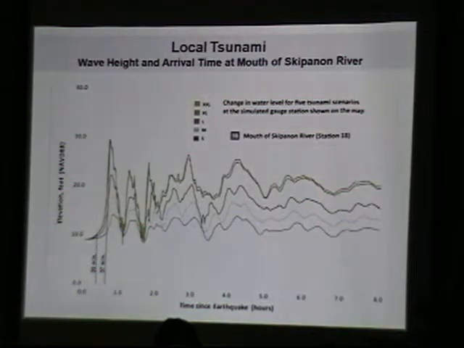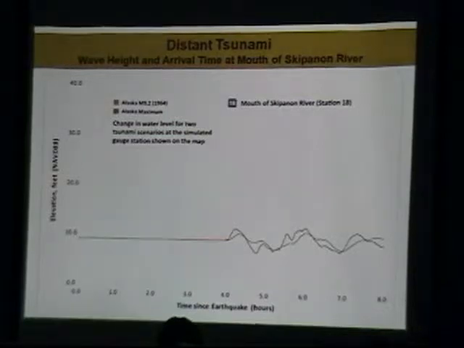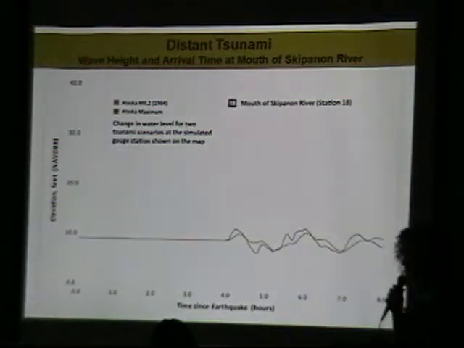Warrenton was lucky compared to some areas. There are places that are high ground. There are some communities that, you probably read in the paper, Gearhart didn't even have anywhere to send their people. So there are high ground places. There are places where, if you start walking, you can beat this high wave, and this high wave is only 30 feet. Let's go to the next slide. I say only because you'll be glad in just a second. So this is the Alaska scenario, the same exact tide gauge station at the mouth of the Skipanon River.